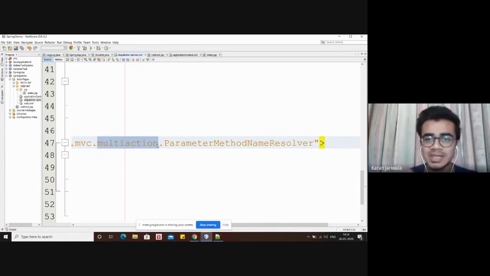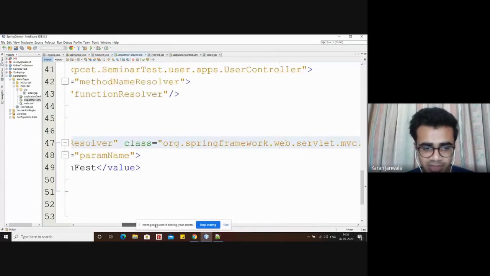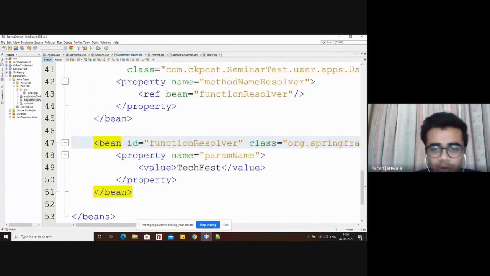I will only define my user controller in the XML file. All the other controllers, that is view, delete, add, I will not be defining, but I'll be making that controller through the multi-action controller. So the parameter method name resolver will map those controllers. That particular thing is used for that. And what I have done over here is